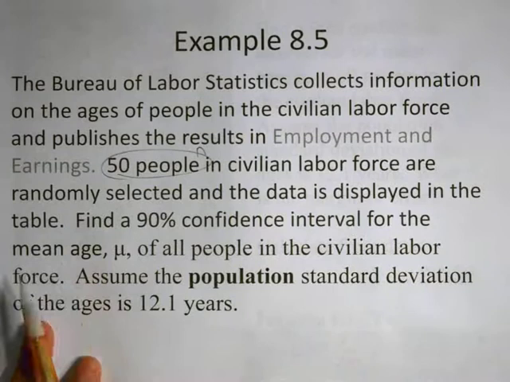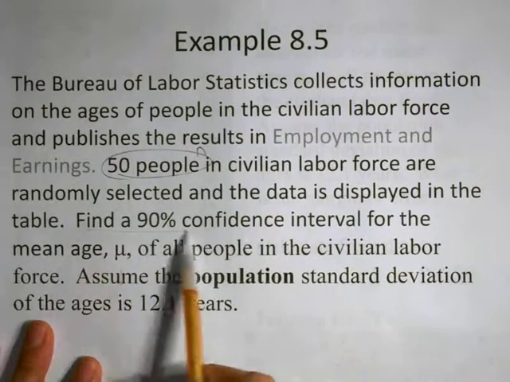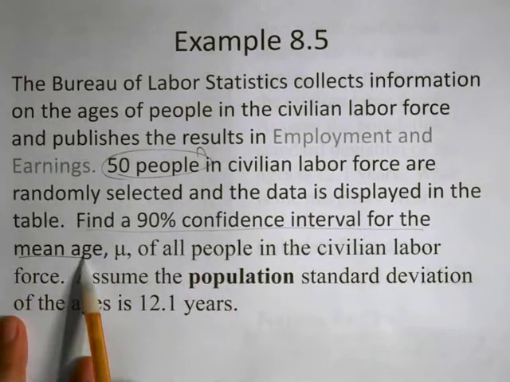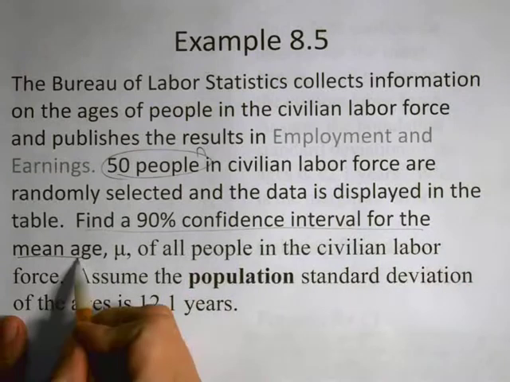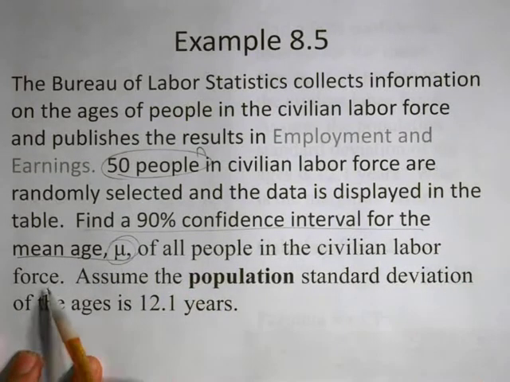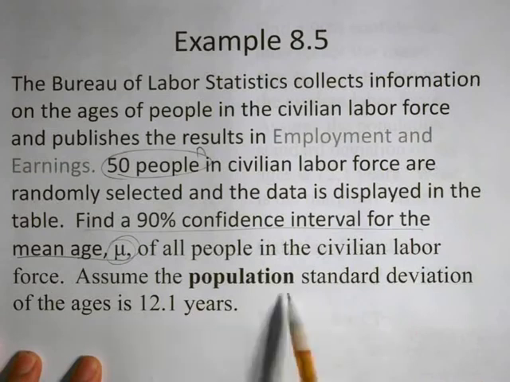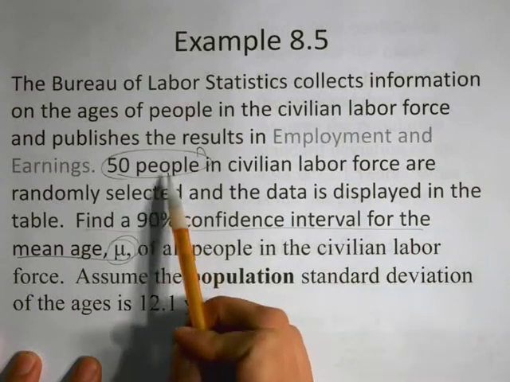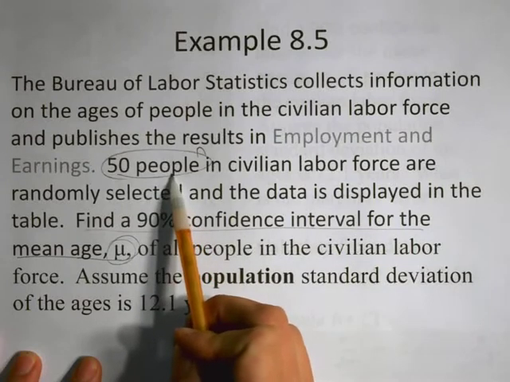And the data is displayed in the table. I'll show you the table in a minute. I want to find a 90% confidence interval for what the population mean age is, for mu, of all of the people in the civilian labor force. Assume that the population standard deviation of the ages is 12.1 years. Okay, so we have a random sample of 50 people,